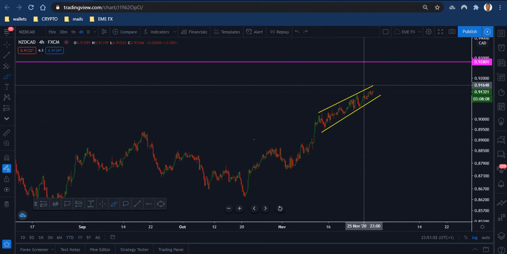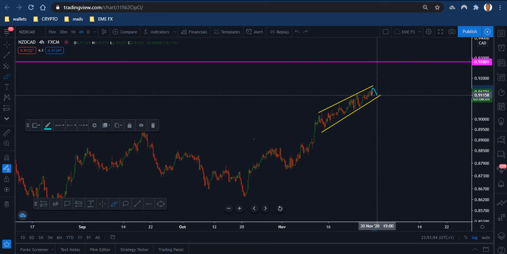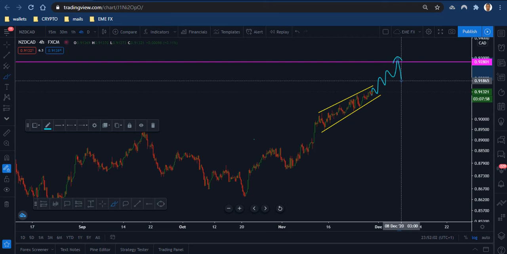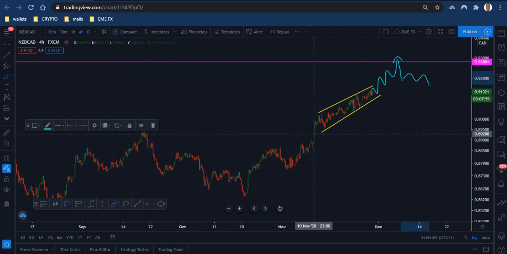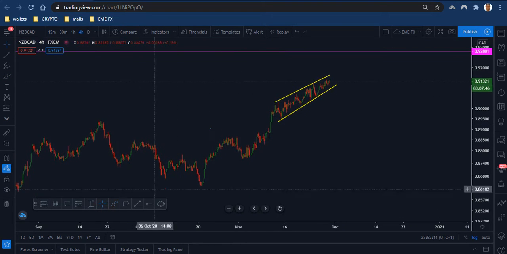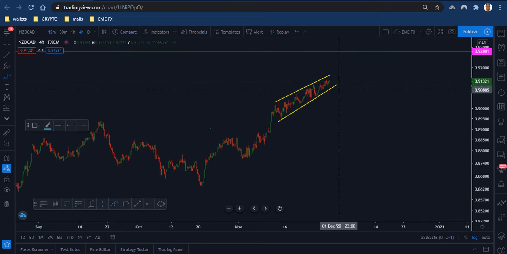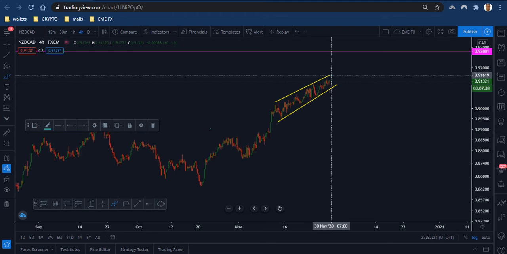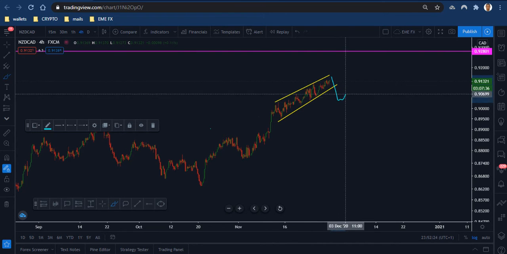However, alternatively, we could have price come to trickle all the way to tap this high, create a lower top, and we'll assess the market to see if we could make an entry for a sell-off all the way to this area. Having said that, I'll just wait for more price action to confirm if we'll be selling or not at the moment. But overall, we're anticipating a sell-off, a possible impulsive move from the market to sell all the way to this area.